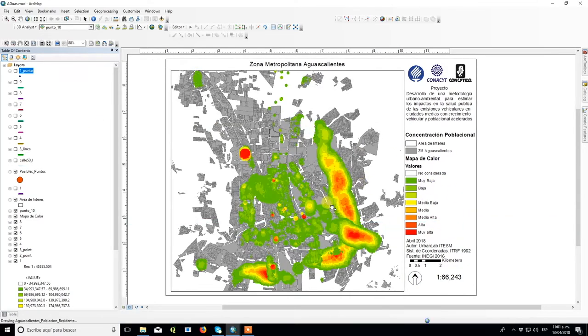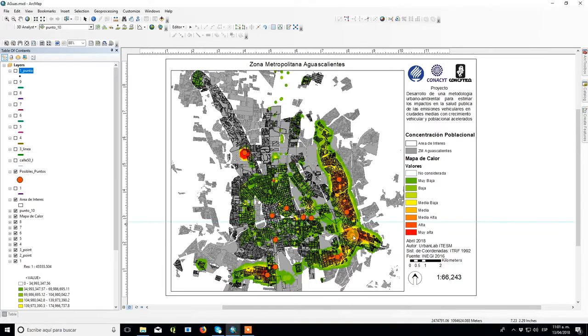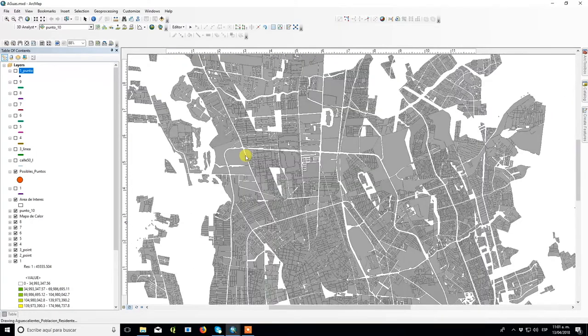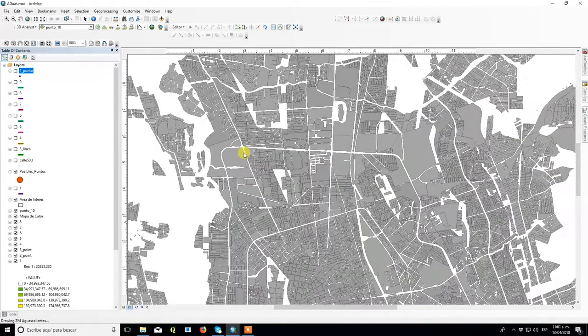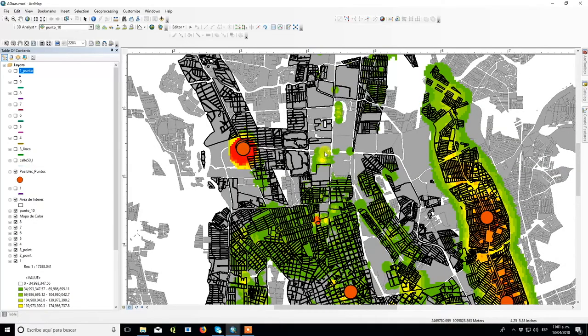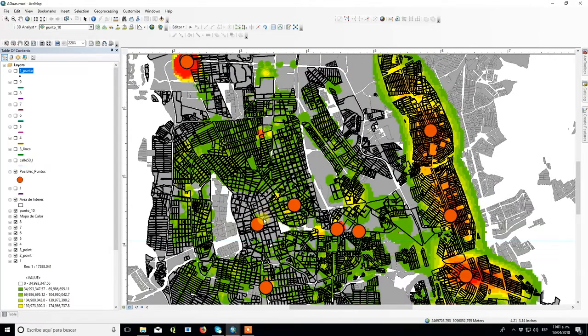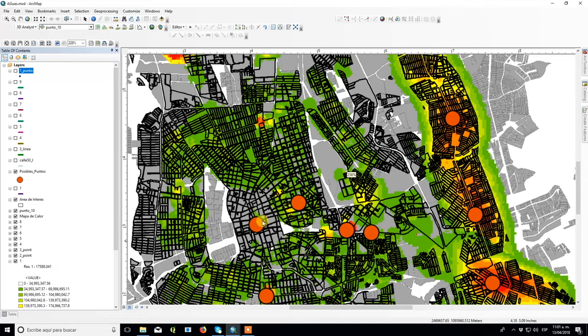So this is the final product. The contamination agency has told me where is the appropriate place to measure the number of cars that go through a single street, in order to know how many people are affected and to get really important data out of the city. So what we need to do is